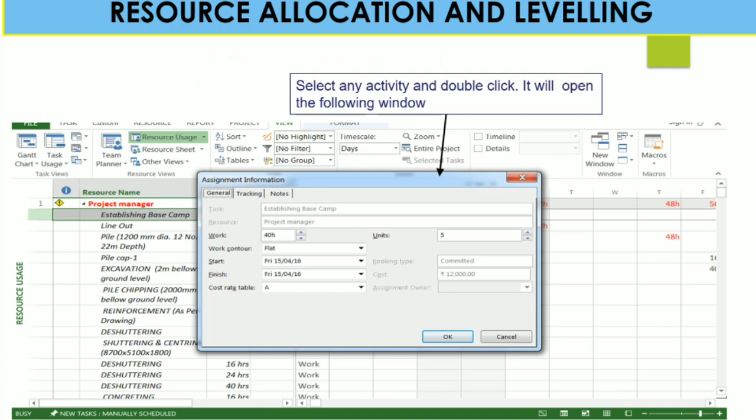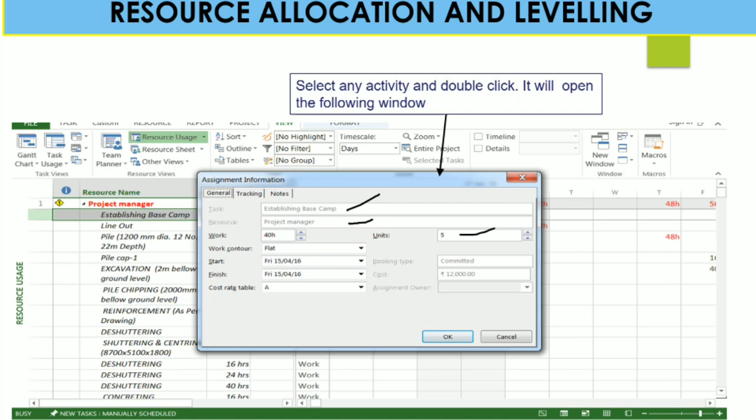Now under project manager resource, you can select any kind of activity and double click, and it will open the assigned information tab. You can see here the task is establishing of Basecamp, the resource is project manager, with work contour, start, finish, cost, rate table, and units.